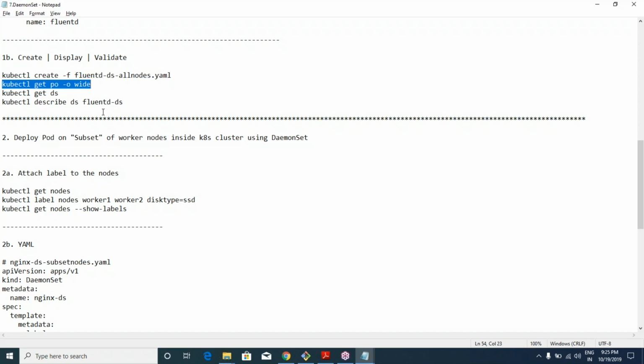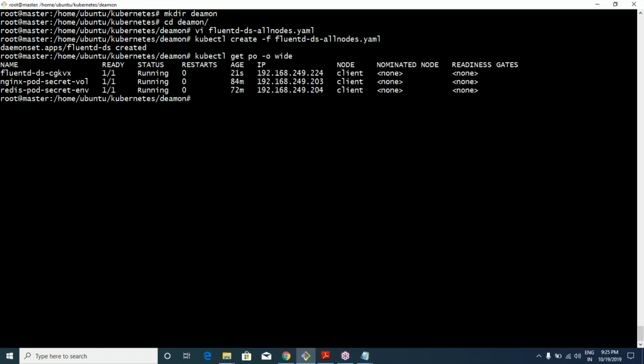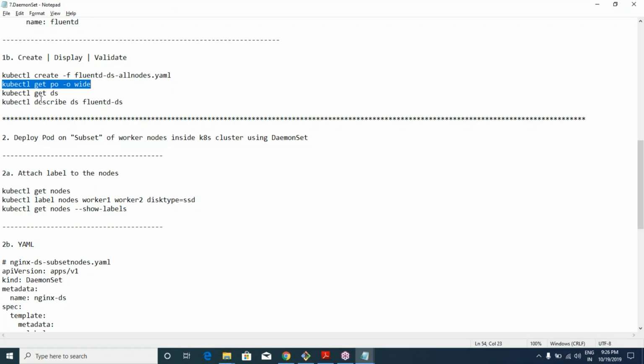I want to see my pods. In my case, only one worker node is running, so it will show only one, right? So this is FluentD, which is running one by one, right? And now if you want to see the daemon set,